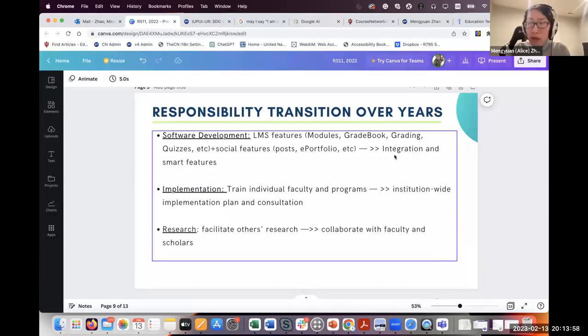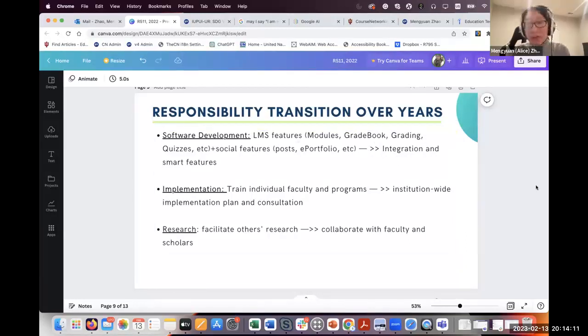We are seeking partnership and integration with commonly used popular tools like Zoom, like Slack, and recently Canva, this presentation design tool I'm using here, hoping to incorporate these new and popular tools into the CN platform to support our users to do their work more efficiently and learn more efficiently.